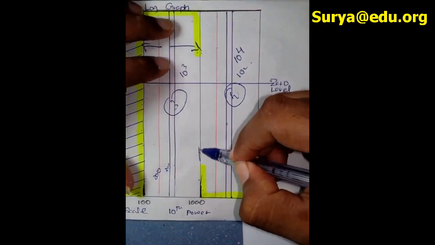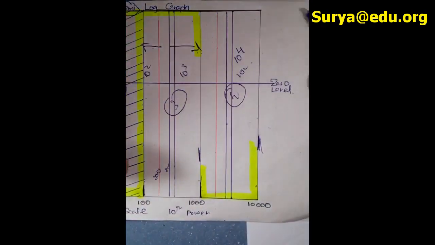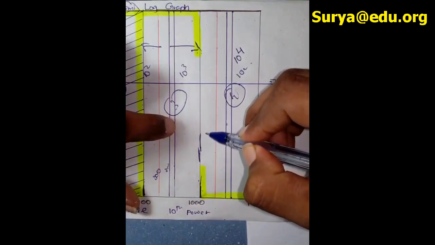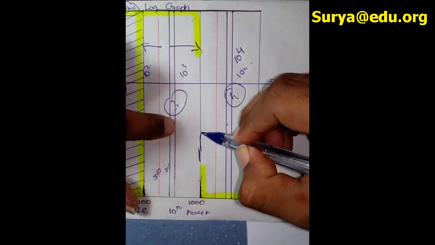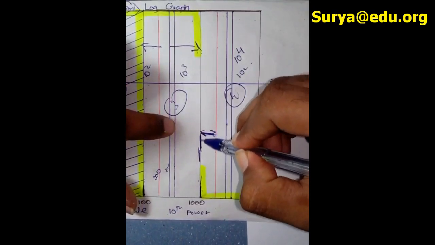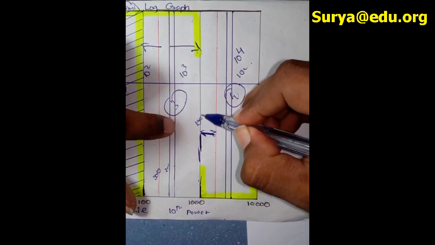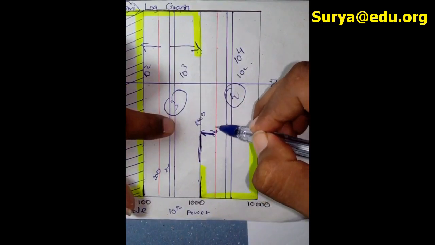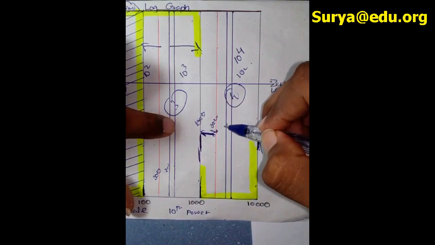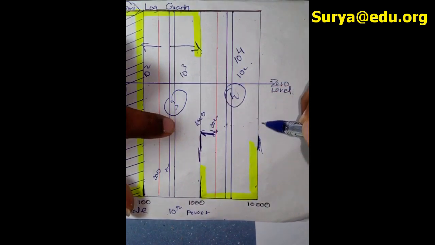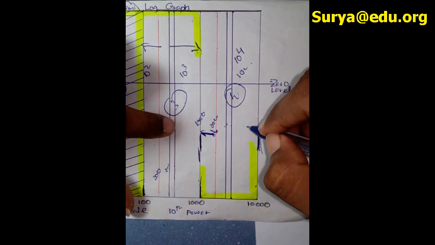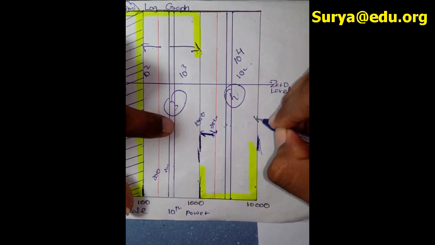So this line stands for 1000. Guys, careful, I'm talking about this line, not this region. Okay, not this region, right? So this line stands for 1000 and this line stands for 2000. The next one stands for 3000, 4000, like that. It continues up to 5000, 6000, 7000, 8000, like that. It continues up to 10,000, right?